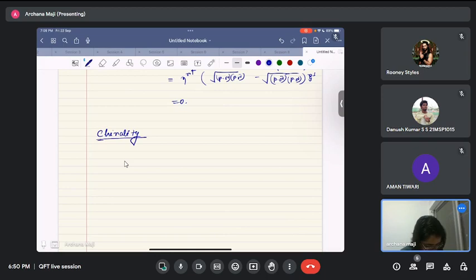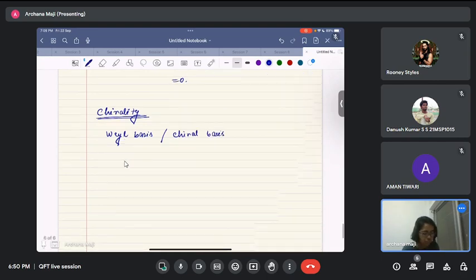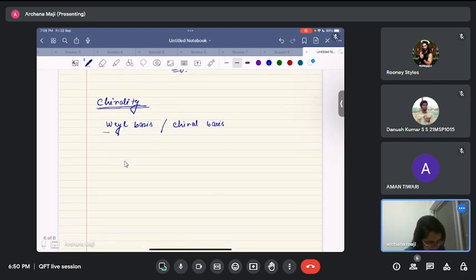Chirality we want to talk about. So the basis that we have chosen was the Weyl basis, which is also called the chiral basis. And we have seen that in this basis